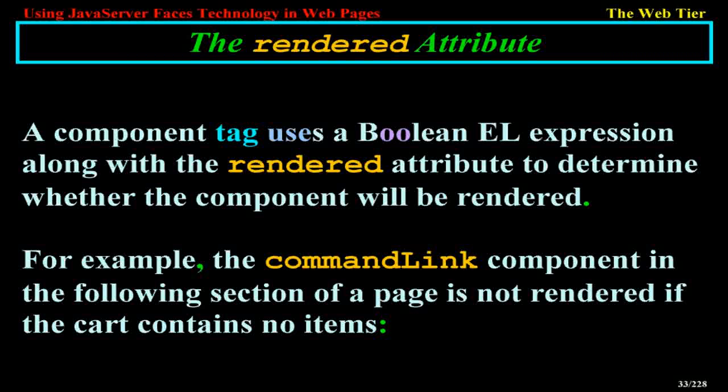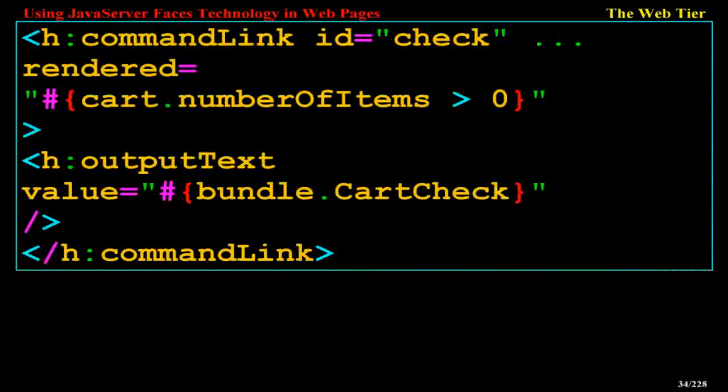For example, the command link component in the following section of a page is not rendered if the card contains no items. <h:commandLink ... rendered="#{cart.numberOfItems > 0}"> <h:outputText value="#{bundle.CartCheck}"/> </h:commandLink>